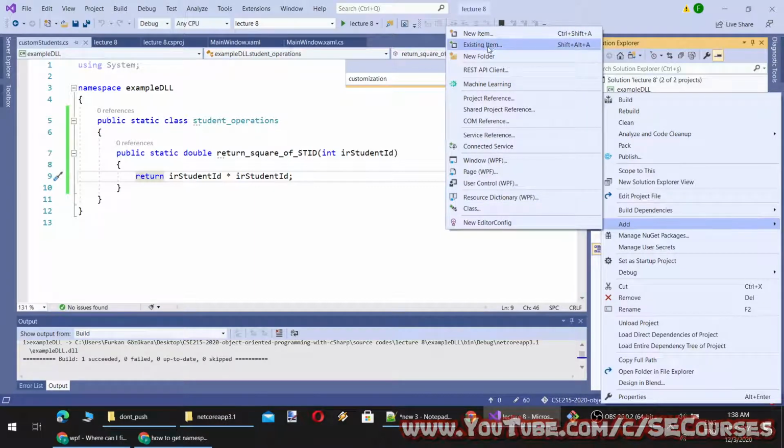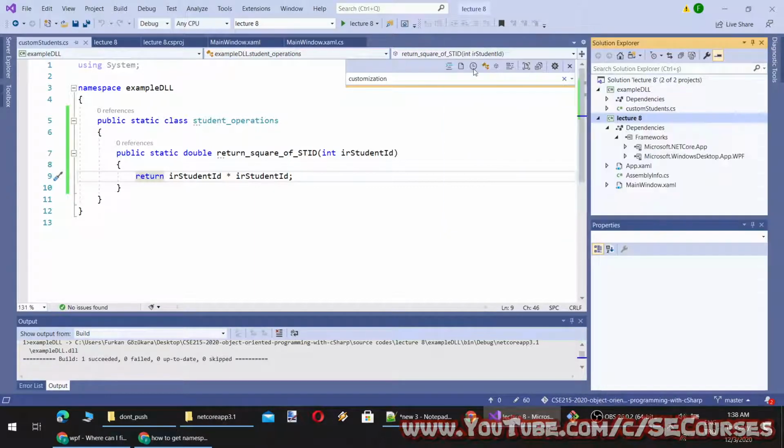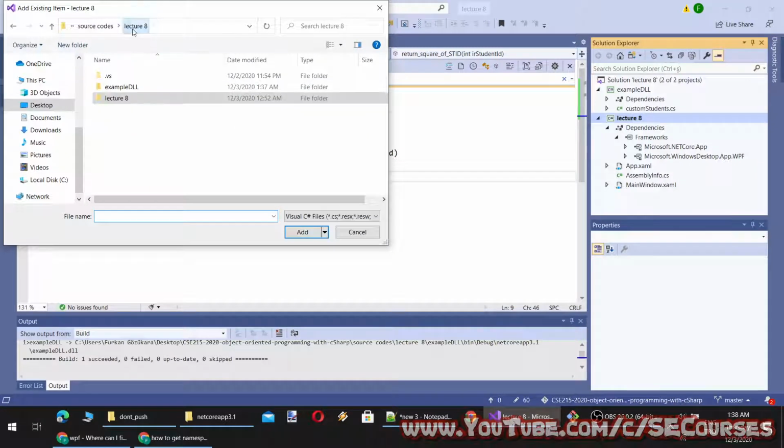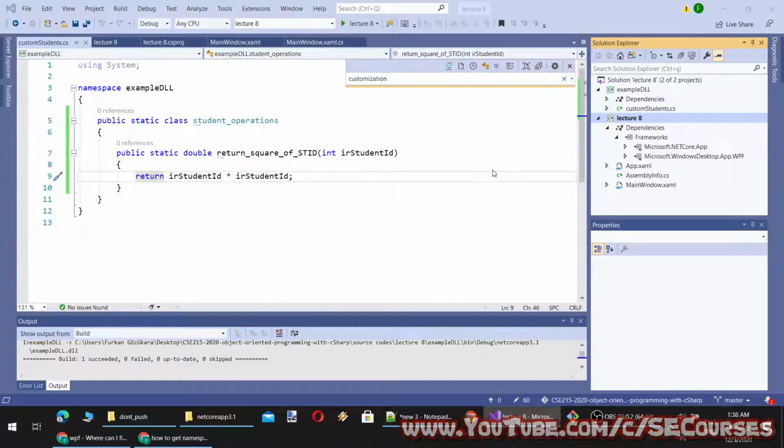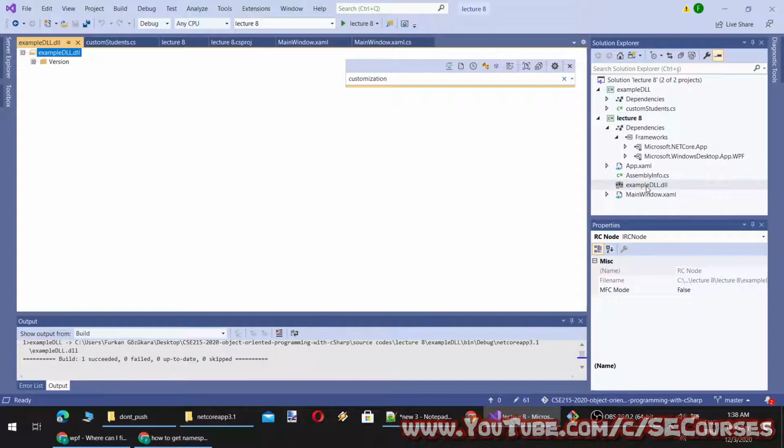I think I can add from existing items, and from here, okay. Okay, is this added to the reference or not? I am not sure.